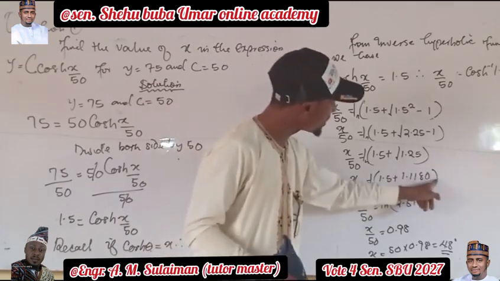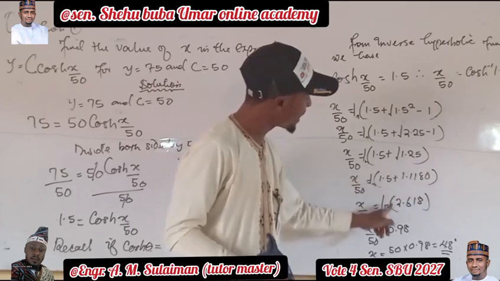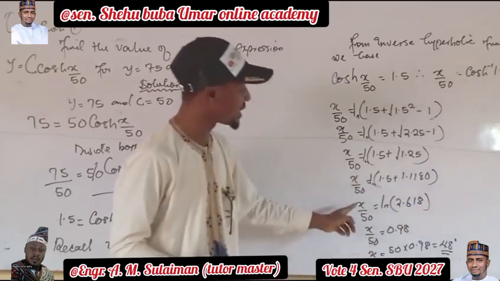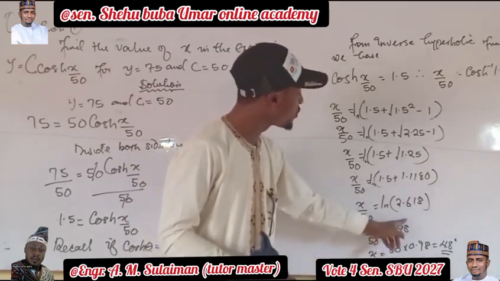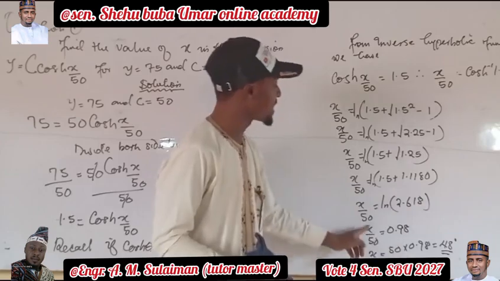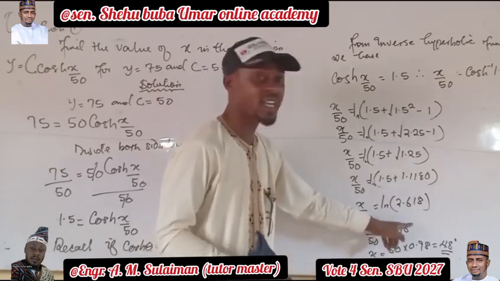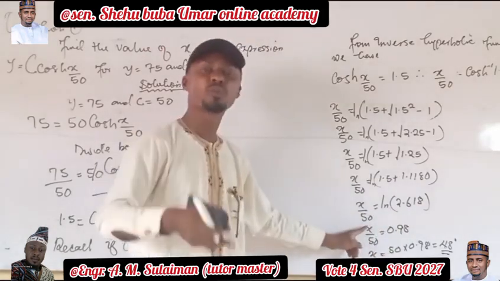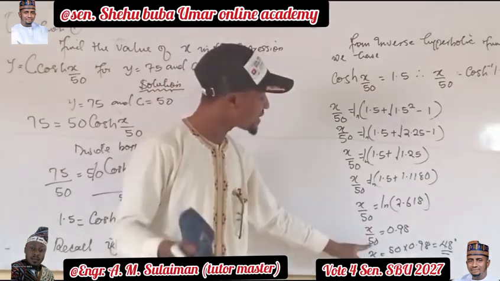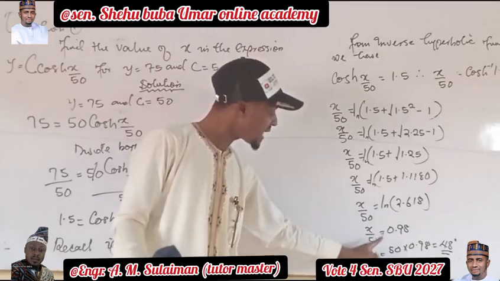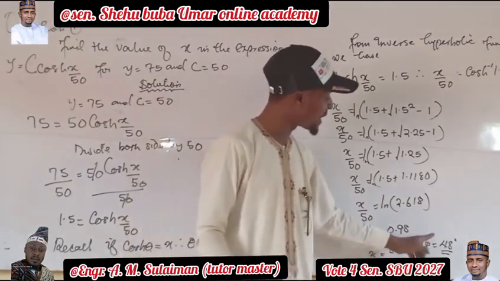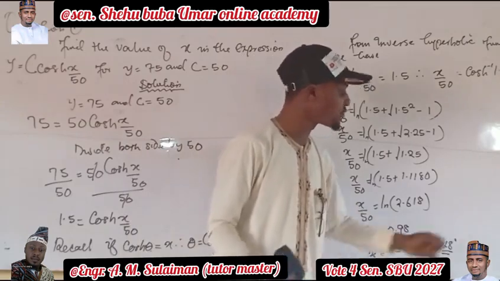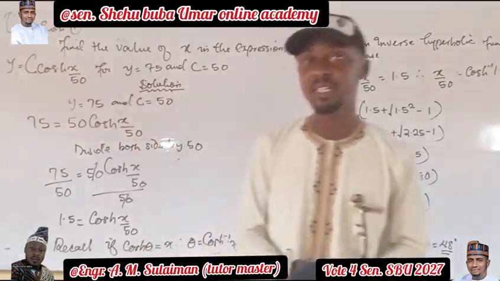You sum the elements inside the bracket and have 2.618. Ln of 2.618 gives us 0.98. To compute the value of x, you cross multiply, so that x equals 50 times 0.98, which is equal to 48 degrees. This is the end of